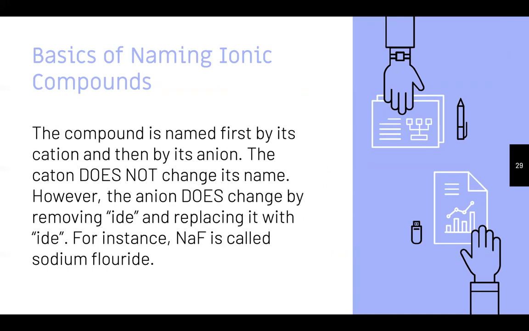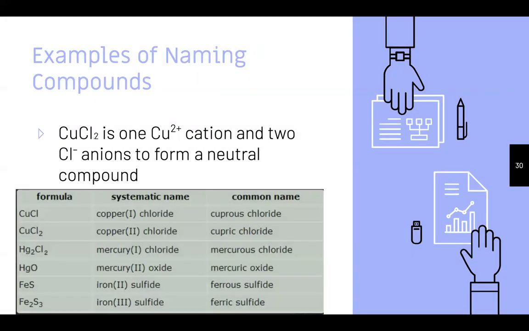The cation does not change its name. However, the anion does change by removing the ending and replacing it with "ide." I apologize. For instance, NaF is called sodium fluoride. Right? Examples of naming some compounds